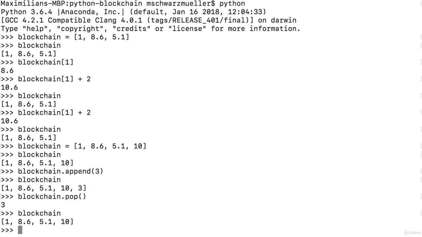And this is how we can in general work with the list and how we can start building our blockchain. And actually, whilst this blockchain is very simple, this is how we will work with it throughout the course. We'll manage our blockchain in a list, and later what will change is, of course, how we work with it, how we manipulate it, how we verify it and check if it's valid,